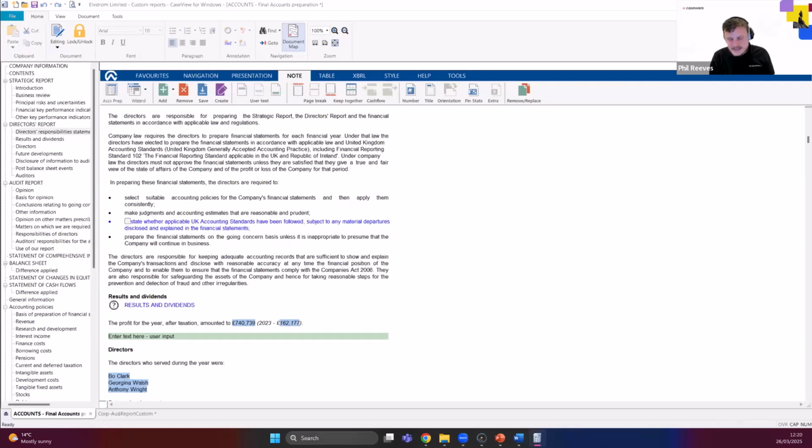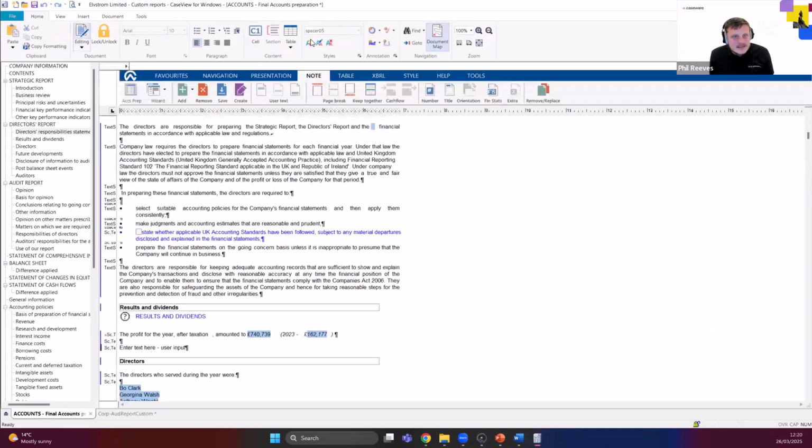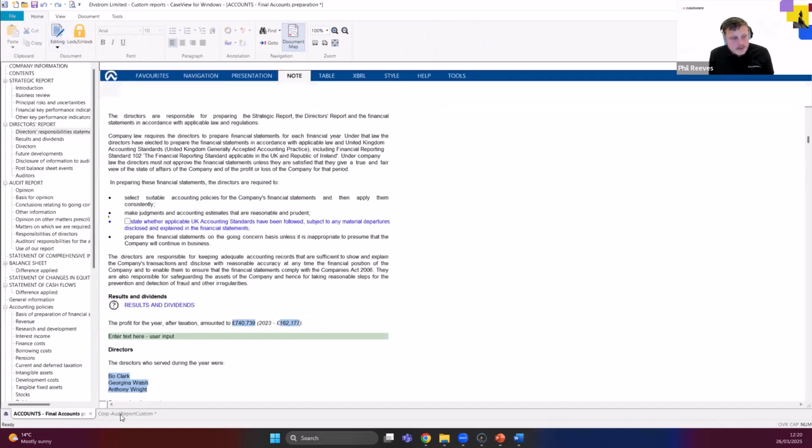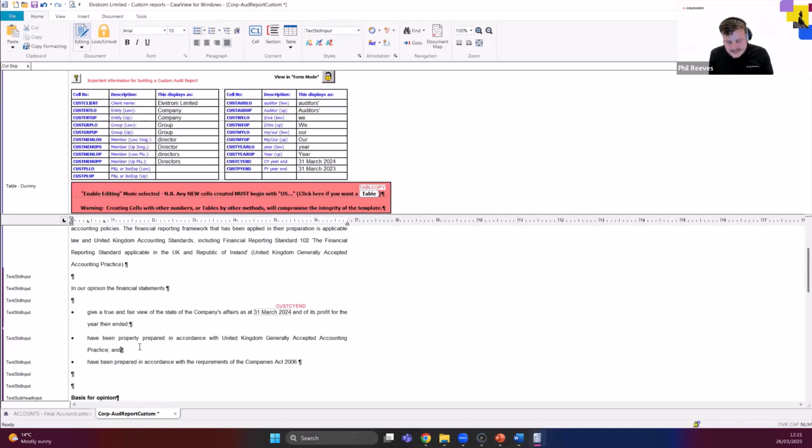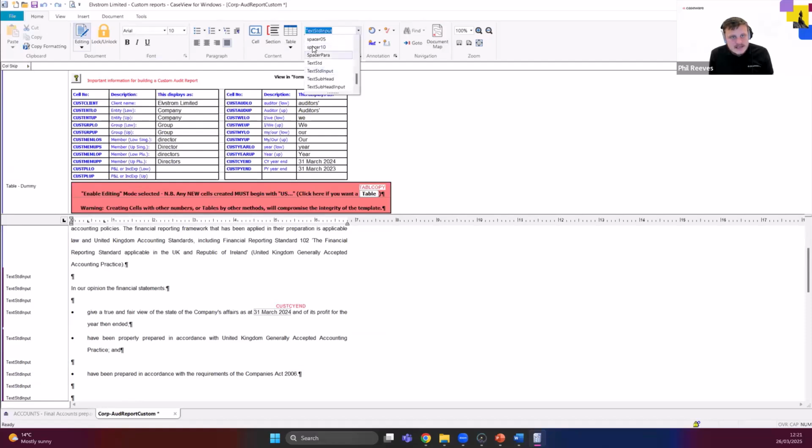if you can't access enable editing, then it's probably worth just making a note of what I'm mentioning. But if we have enable editing open, you can see the style that's being picked up on this line, which is Spacer 05. So all we're doing is replicating that within our report. So we go back to our audit report and we will click on the drop down and go Spacer 05 there. Put a space in between these, remove the bullet point by backspacing, and then create a Spacer 05